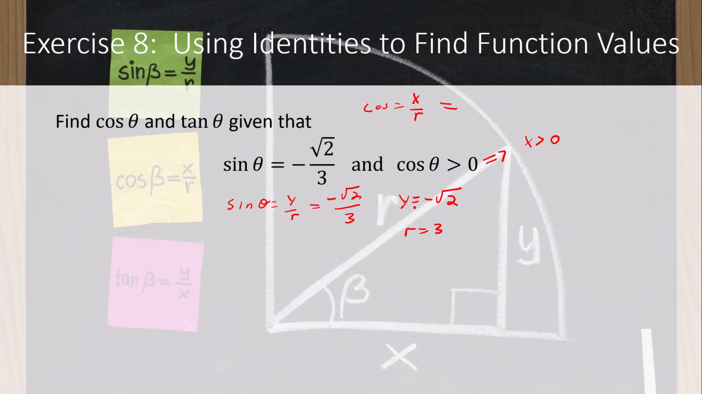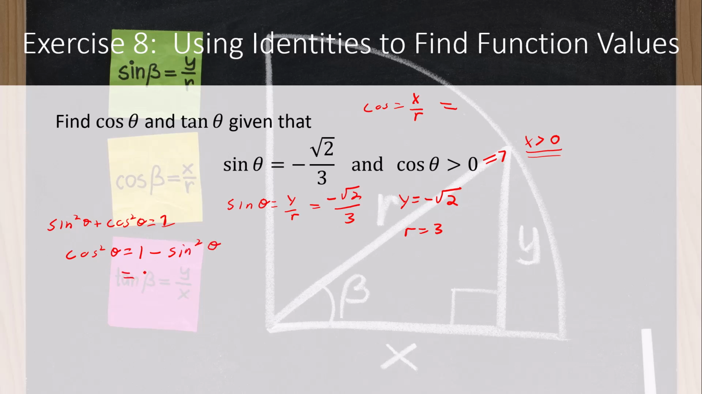So here we have y is equal to negative 2, we have r is equal to 3, and we know that x has to be greater than 0, and that's going to come in handy for us. Now we can go ahead and use the trig identity sine squared theta plus cosine squared theta is equal to 1 to figure out what cosine is, because cosine squared theta is going to be equal to 1 minus sine squared theta,